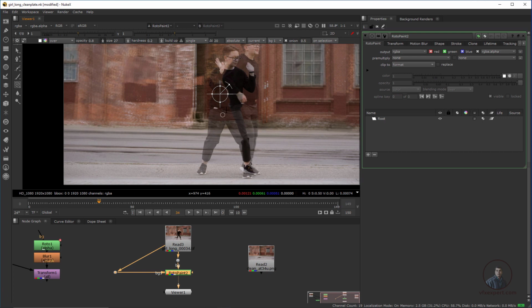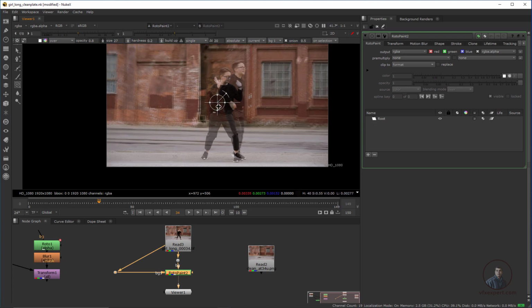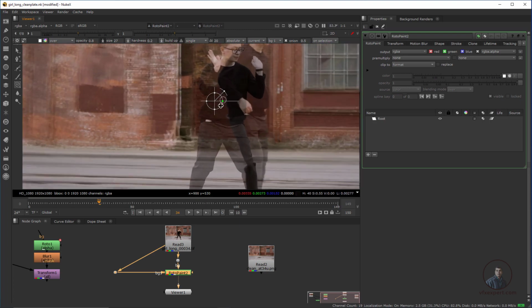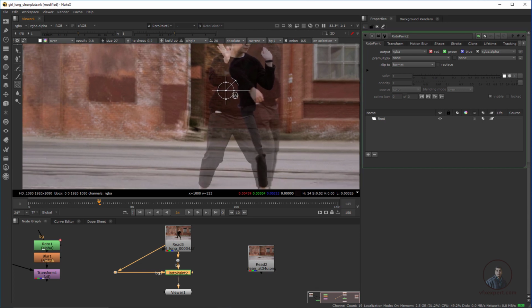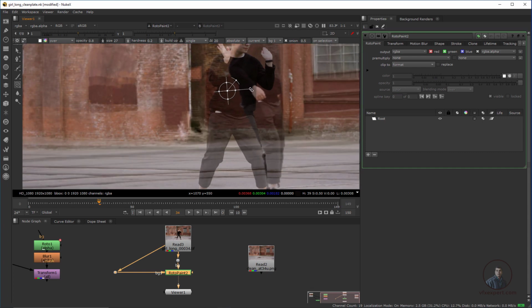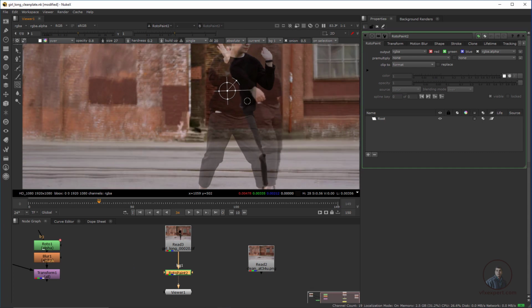Now after this we have to shift our reference frame according to the footage. How can we shift? With the help of this controller you can move like this and match area by area. You can see it here. If you want to rotate, hold control and rotate from here, control Z. And if you want to scale, you can also scale from here.